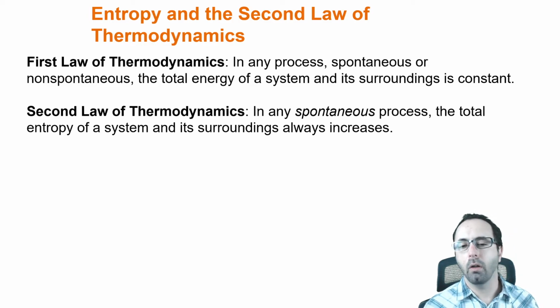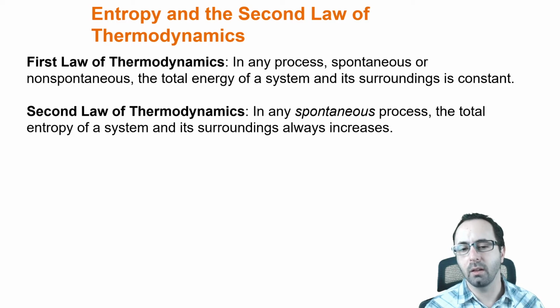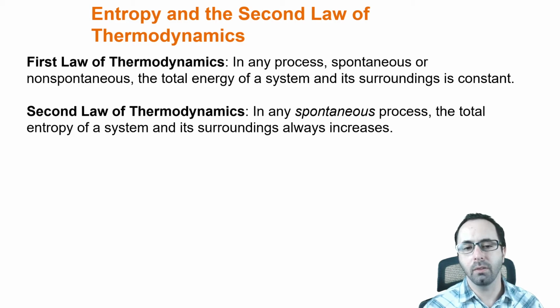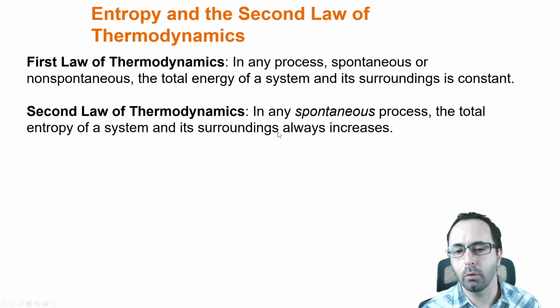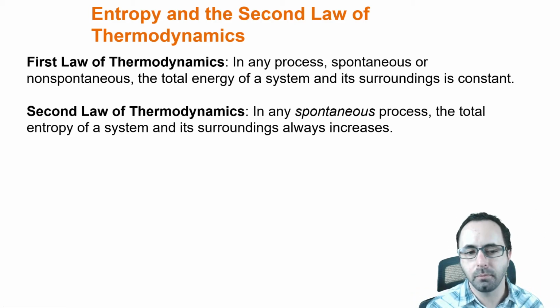All this means is that if a reaction, for example, releases energy, then the surroundings is absorbing that energy. That's the law of conservation of energy. The energy that comes out must be equal to the energy that goes in, or that was released rather. So if a certain amount of energy is released, for example, by burning gasoline, as we saw before, then the surroundings must have gained that energy while the system lost it. The system is basically your reaction or your closed container you're looking at, and the surroundings is everything else.